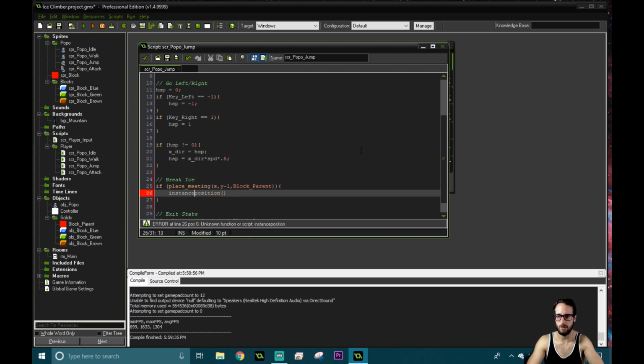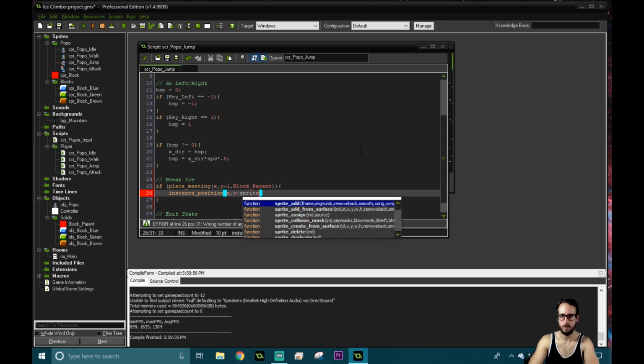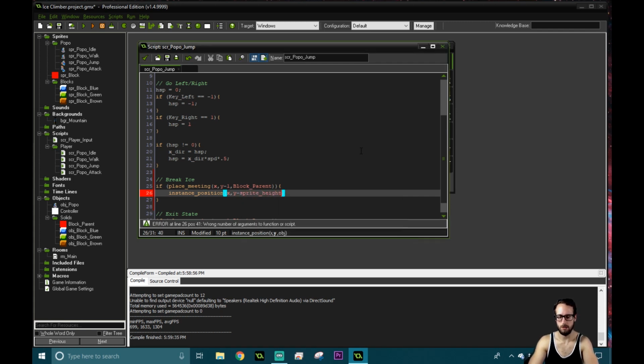Okay, I took out too many. Instance position, x, y minus... it's not going all the way to the top. I don't want to do something silly here. Let's see if this works. It's probably temporary. Sprite height divided by 2